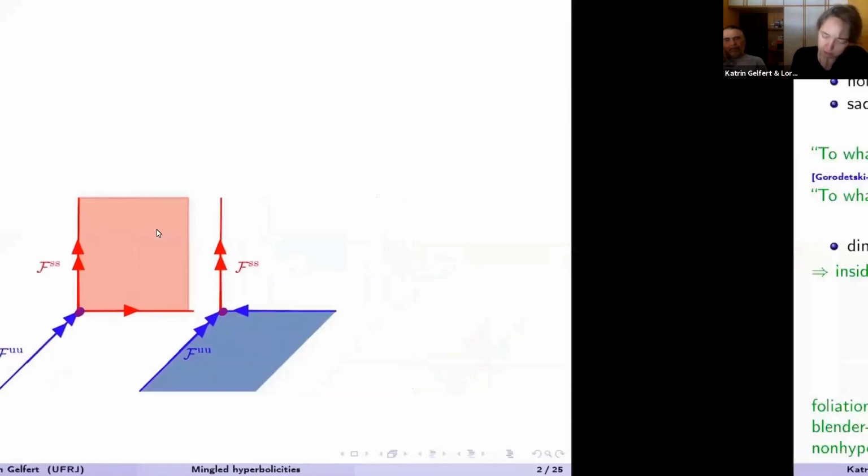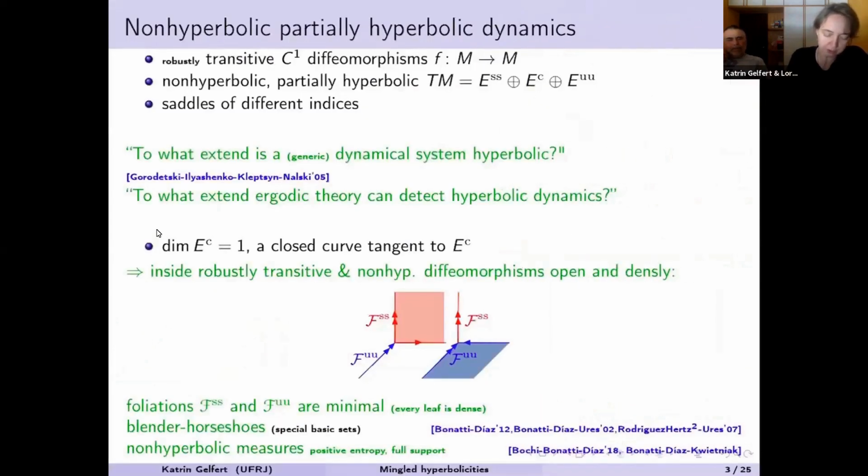Well, and our main aim is, in the long run, eventually, possibly, to understand, using big names, the thermodynamic formalism of general diffeomorphisms or partially hyperbolic diffeomorphisms. Well, I think there is still lots of work to do in this direction, but some things are done. So partially, we want to understand robustly transitive C1 diffeomorphisms, assume that they are non-hyperbolic, and let's say they are partially hyperbolic, and have